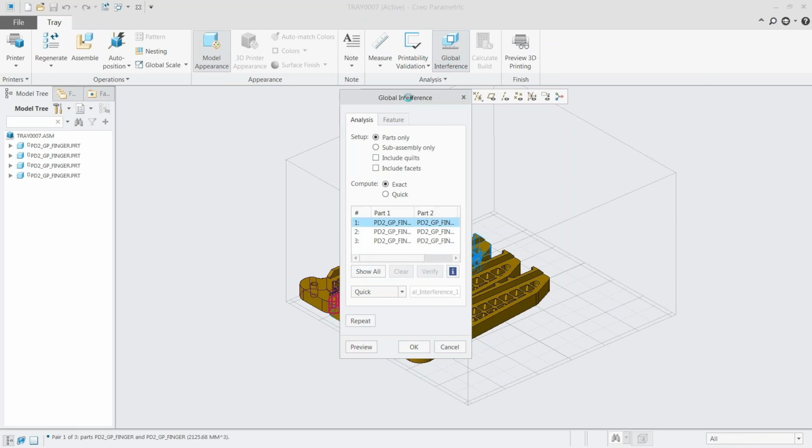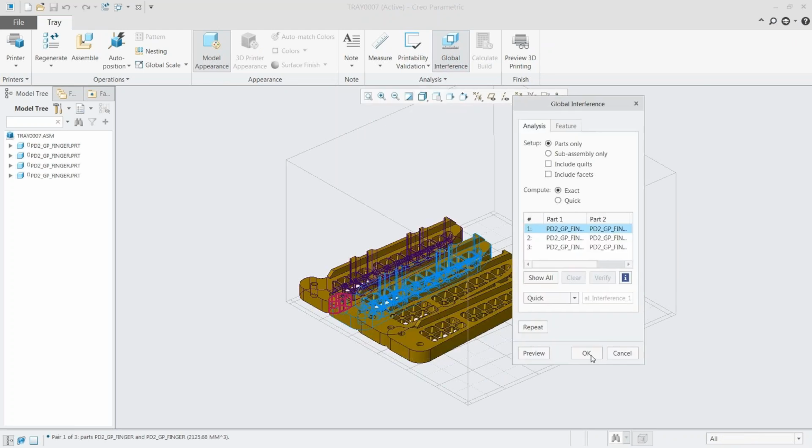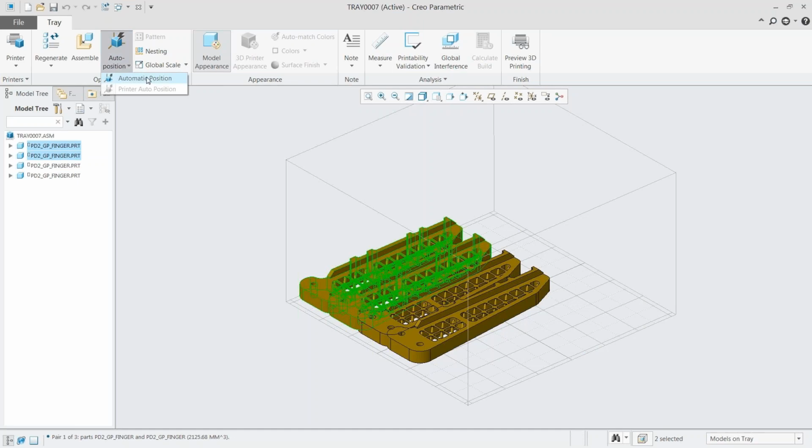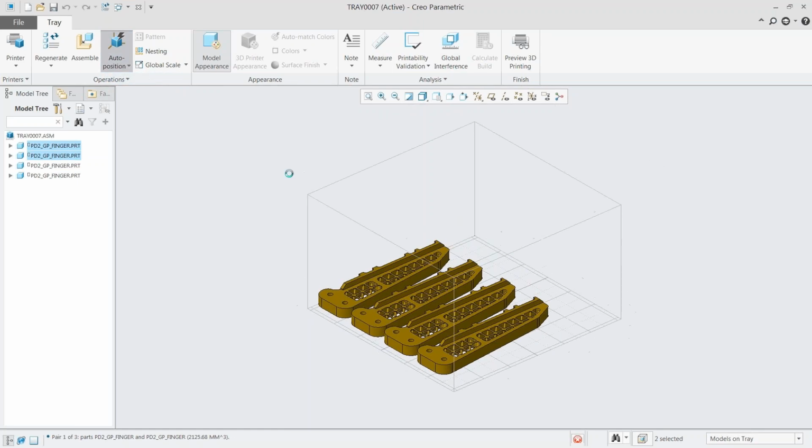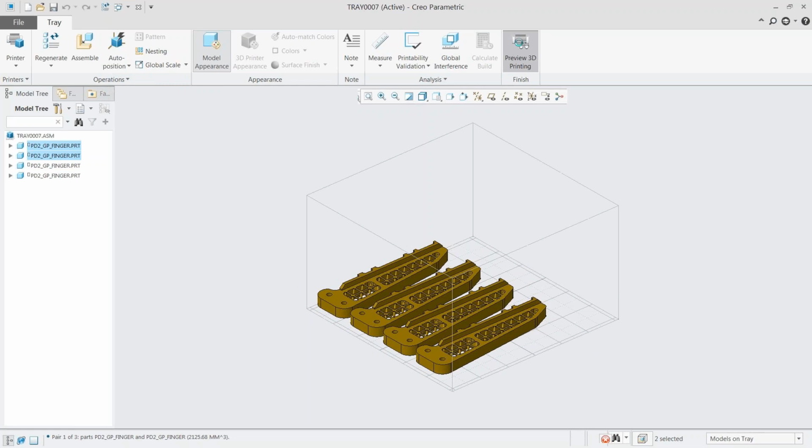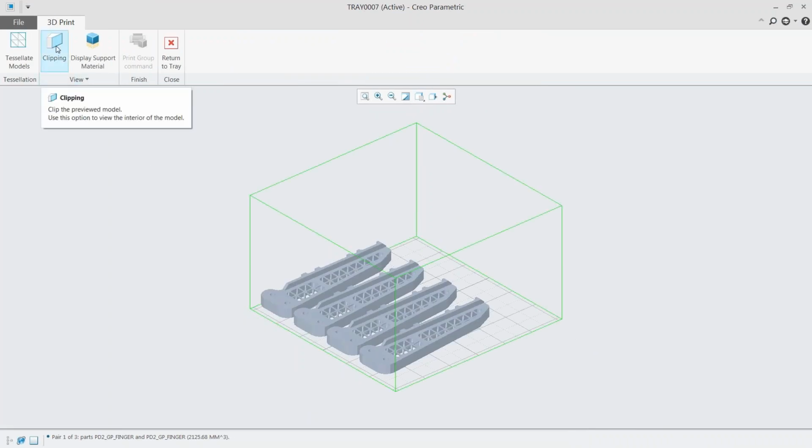And then once we have more than one part, let's check our global interference and make sure that these aren't running into each other. If I want these to be for 4 different robots, I want to make sure that they're not connected up whenever the 3D print's all done, or I need to find some way to separate it. Then once that's all set up,